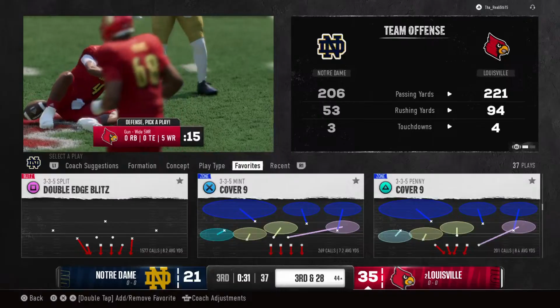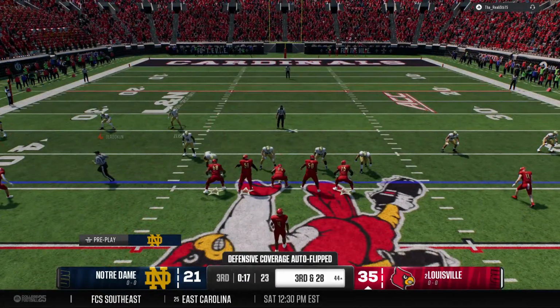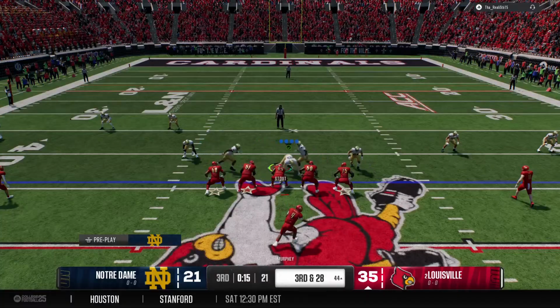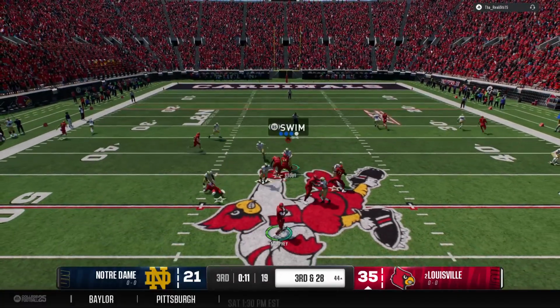How about Notre Dame sending a backer here? He comes up with the sack. A little Rudy magic on this one. And, boy, they've had some great linebacker play over the years. Of course, think about Manti Te'o, Jalen Smith, who's now in the NFL and had a great...